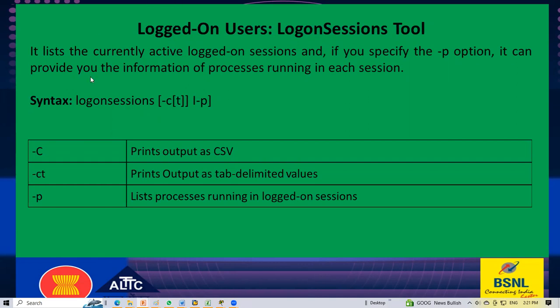If -C, this prints the output as a CSV. -CT prints the output as a table. And -P lists the processes running in the logon session on the system. Okay. Next is the